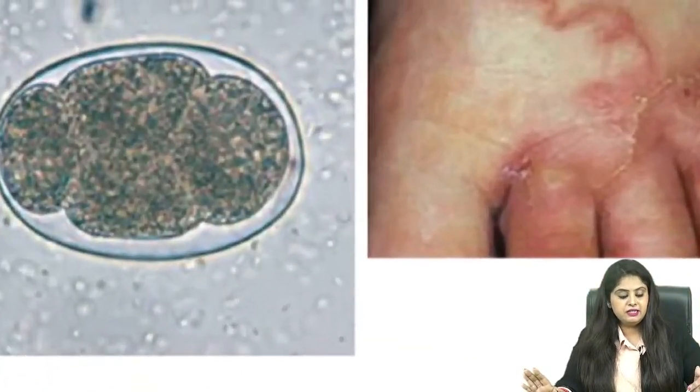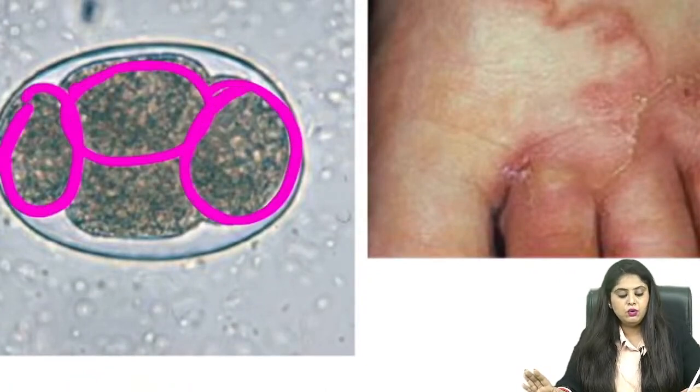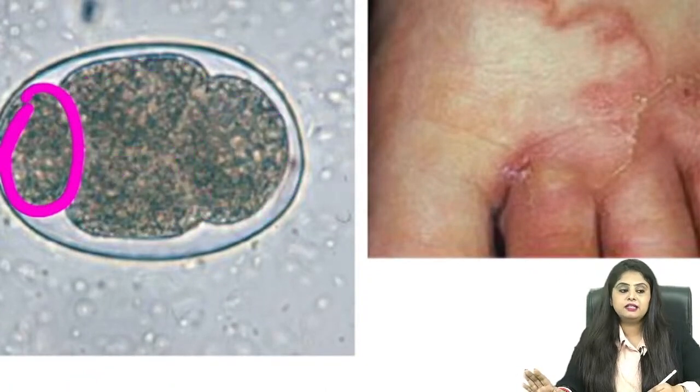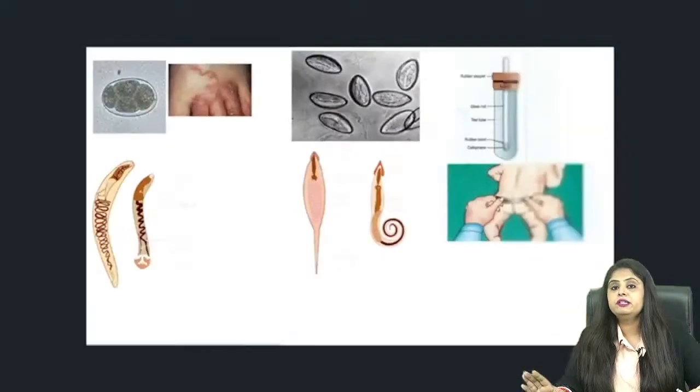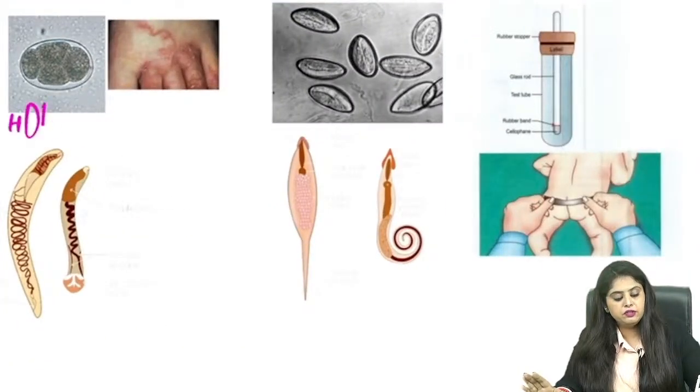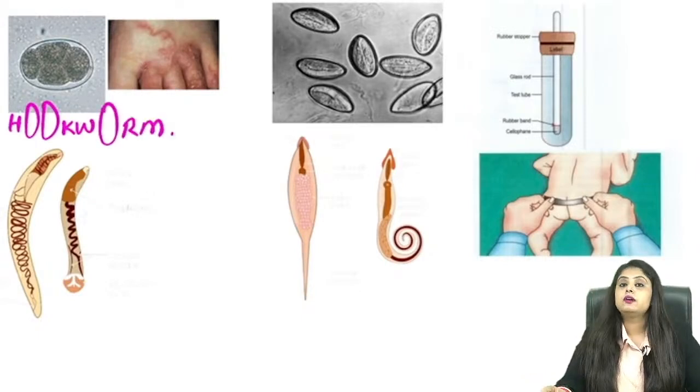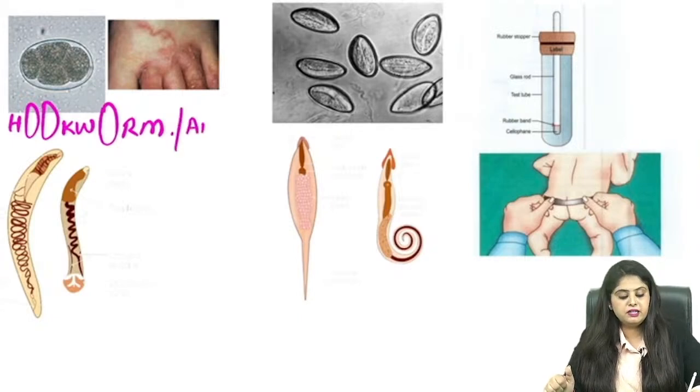What is this egg? This egg on the other hand is going to have these multiple circles. Ma'am, it is not a single egg, if you look carefully, inside the egg round circles are forming. So what is this going to be? This is going to be the egg of the hookworm, exactly. And the question that you get on hookworm, firstly, what is the other name for hookworm? It is going to be ankylostoma.